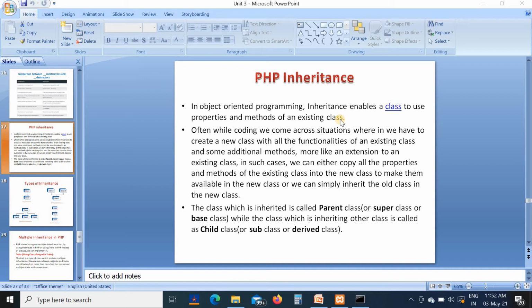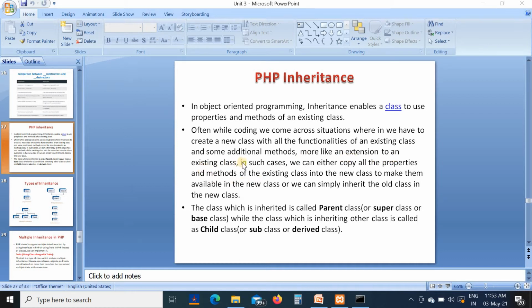Suppose there are two classes A and B. A is an old class and B is a derived class. Then the B class consists of the properties and methods of the existing class A. Often while coding, we come across situations wherein we have to create a new class with all functionalities of an existing class and some additional methods, more like an extension.